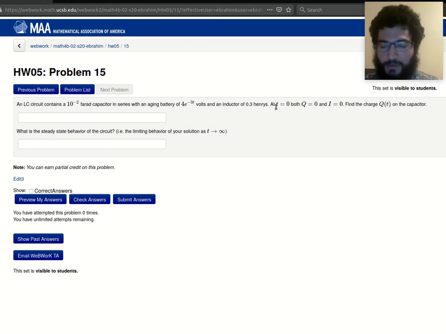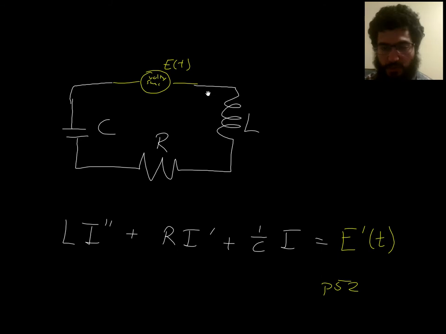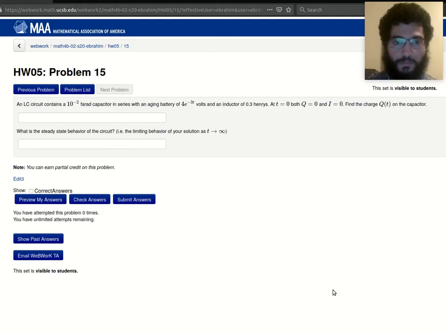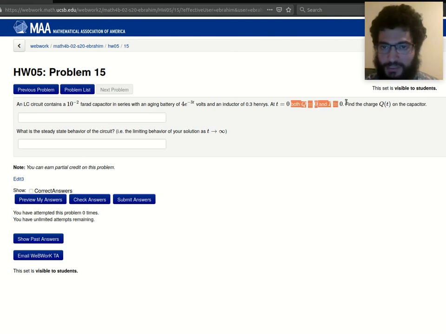Once you set up your differential equation, which is just going to be a matter of using the equation for RLC circuits that's derived on page 52, you just don't have a resistor in there, so you have R equals 0. But it's basically just this. Once you set that up, you'll have to apply our methods. You've got some initial conditions here. So to satisfy the initial conditions, you will need,